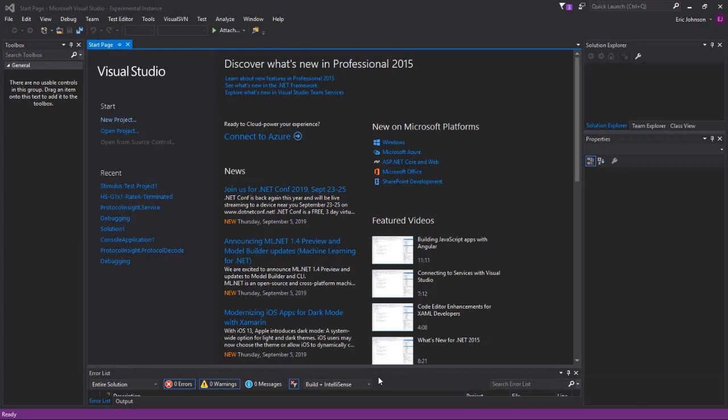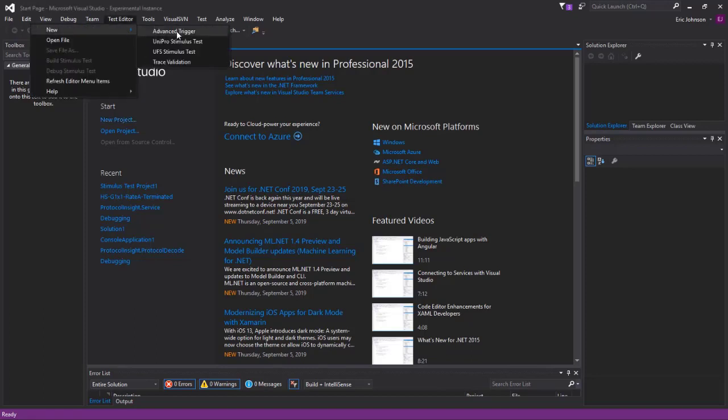In this video, we're going to take a look at creating advanced triggers with the test editor. Now, if you've worked with trace validation files in the test editor, advanced triggers are similar, albeit they have far fewer things that you can look at and there's far less going on, but they're a very similar concept. So to get started, we'll just go ahead and select Test Editor, then go down to New and select Advanced